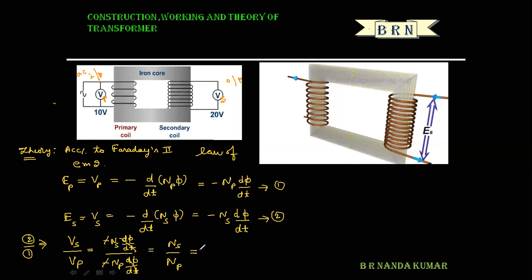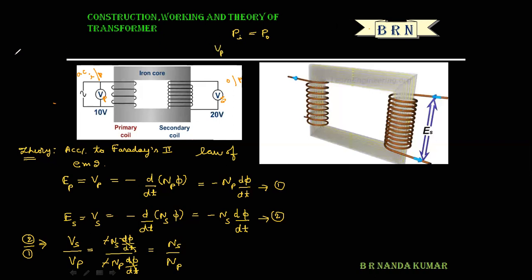So this is also equal to, according to Ohm's law, Vs is equal to Is into R, R is the resistance. But actually here, power input is equal to the power output. Input power is equal to output power. That means